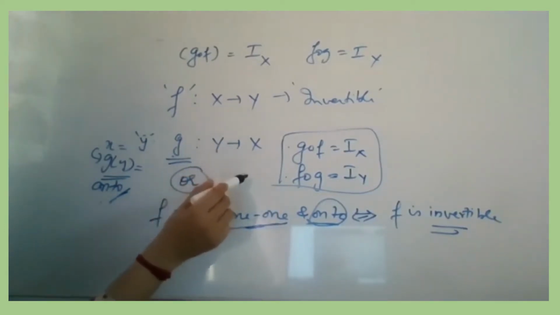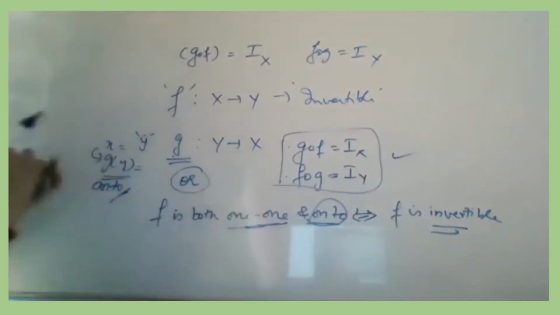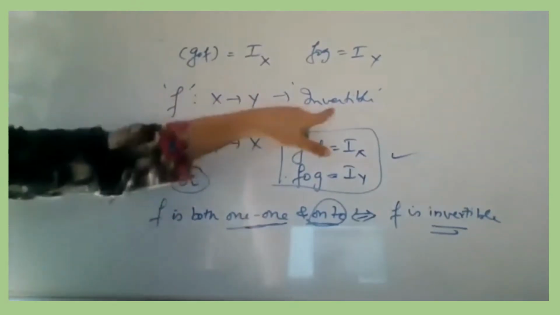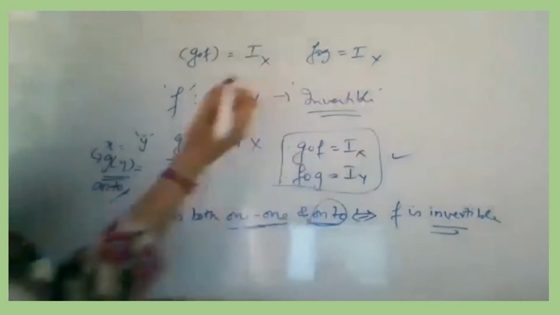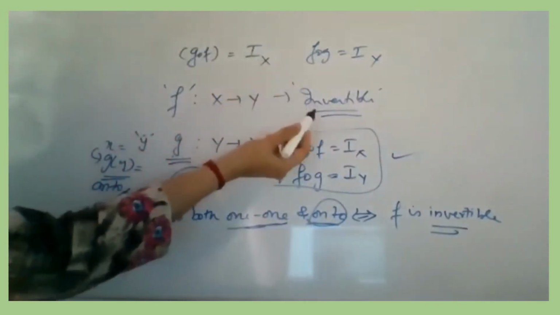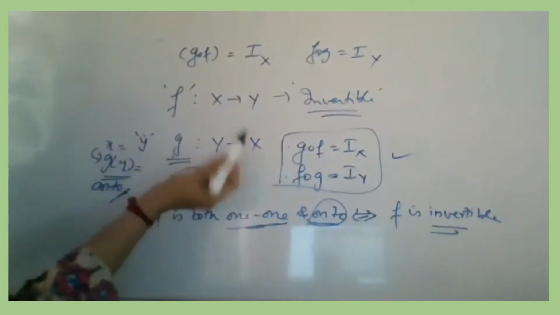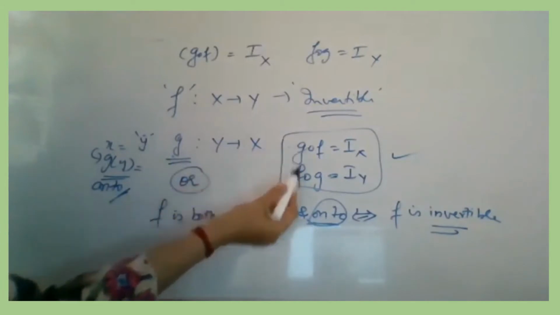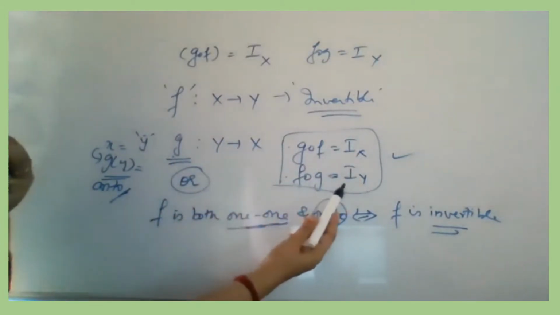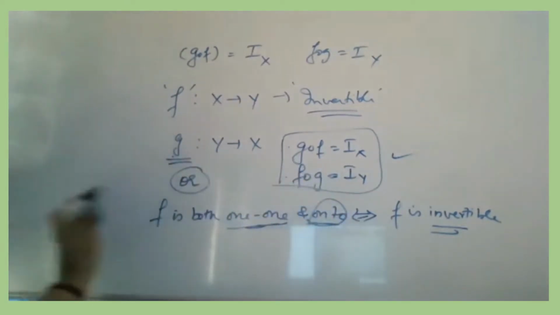So we will now deal with how to do the problem in this way, because one-one and onto you already know. Okay. Here, what is the definition of a function to be invertible? Is the definition of invertible clear? A function f is said to be invertible if it is from x to y. If it is invertible, then we are able to find another function g, which will be from y to x, such that this composition follows: g composition f is I_X and f composition g is I_Y.